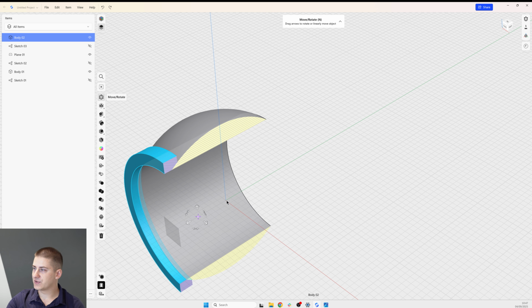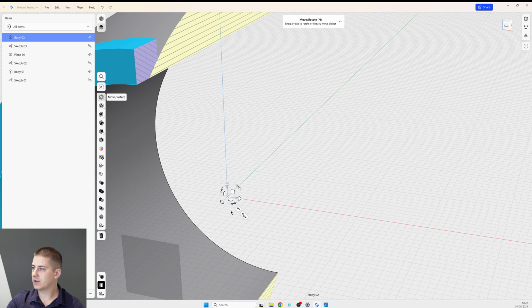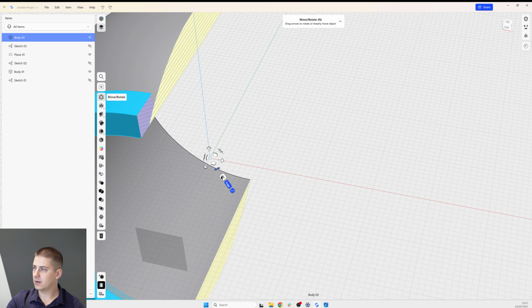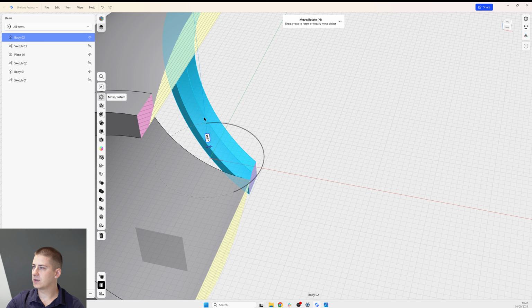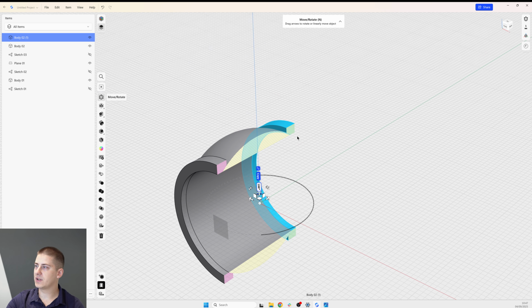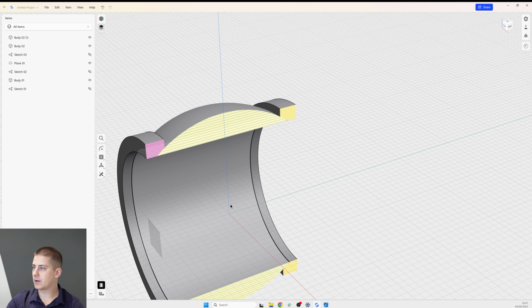I'm going to select it, move it here, click copy, and let's just rotate it 180 degrees,